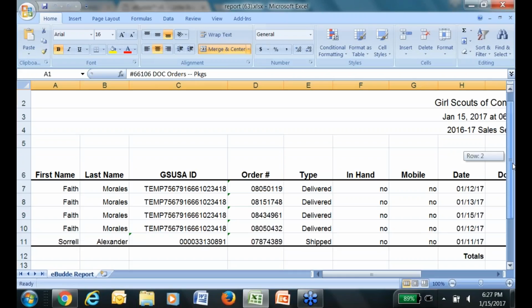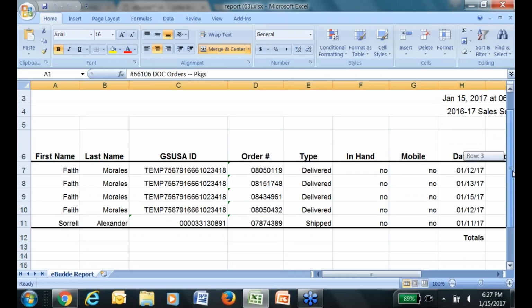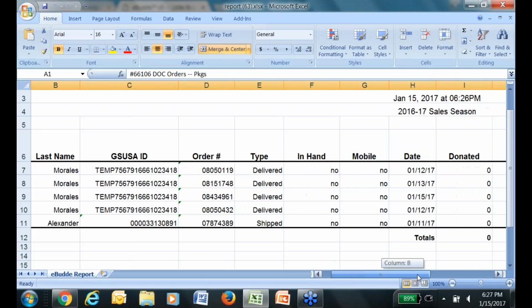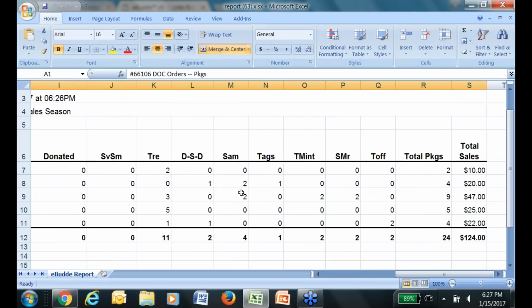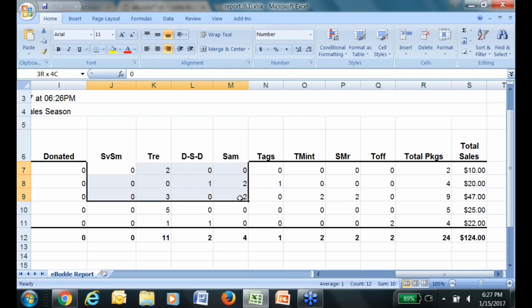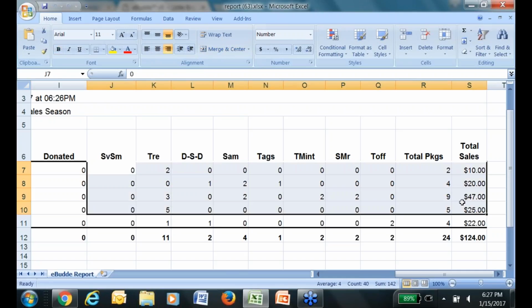Okay, so we will see here all of our orders. Here are Faith's 4 orders. They're all delivery options. It will say delivered, but we know that Faith hasn't actually gotten any cookies yet, so they aren't delivered just yet, but they will be, and that's just how they're listed here. So for us to know, we'll see that these 4 orders here are Faith's, and we'll just need to make sure that we have all of these cookies ordered in eBudde under her name. So what I usually do is I just take these out of here